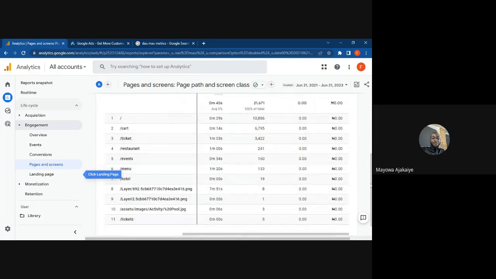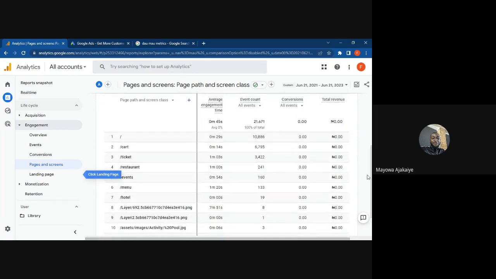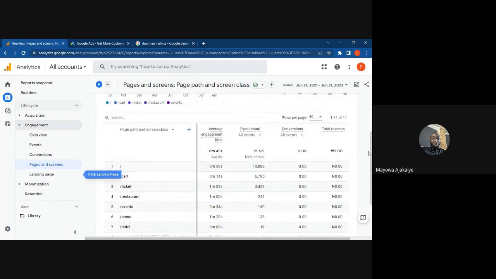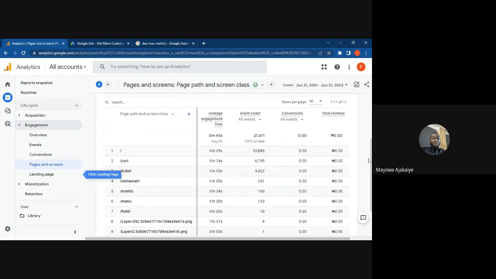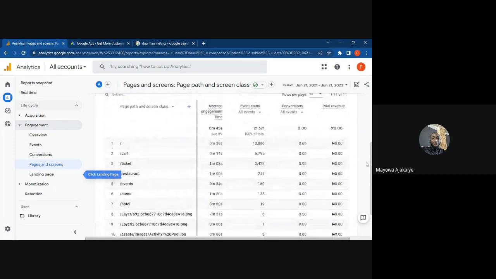People that specialize as data analysts would do more with this. But for you as a digital marketer, information about where your traffic is coming from, what campaign is giving you the most traffic, what page are they viewing? Are they viewing the landing page you actually set for them to view? How many minutes are they using? And information you need to